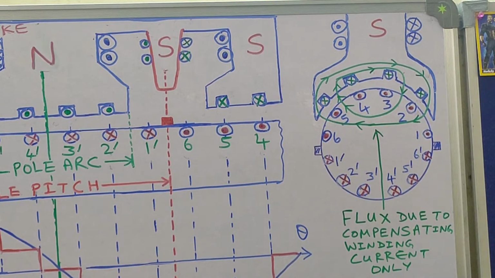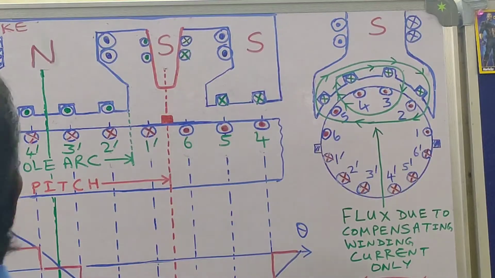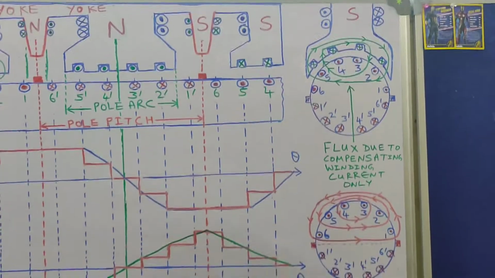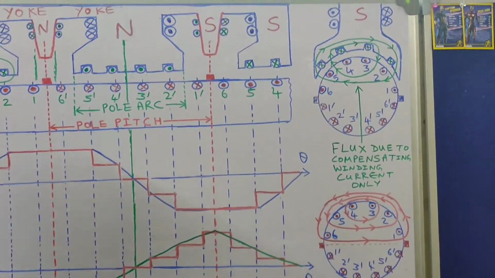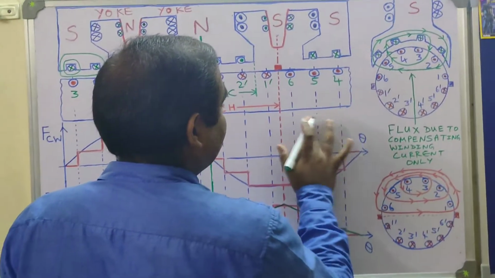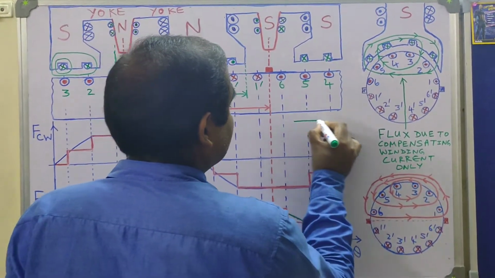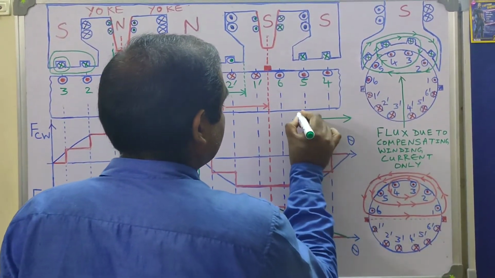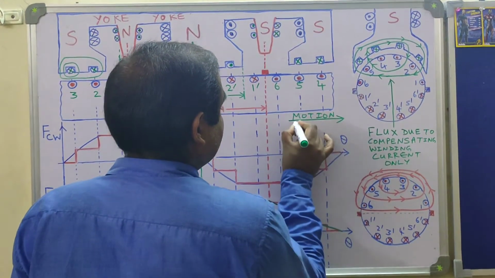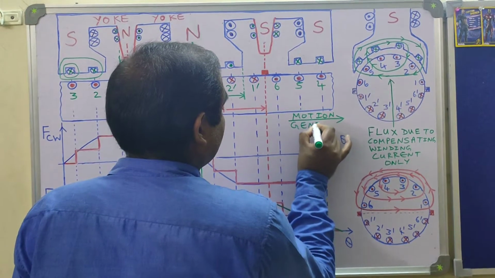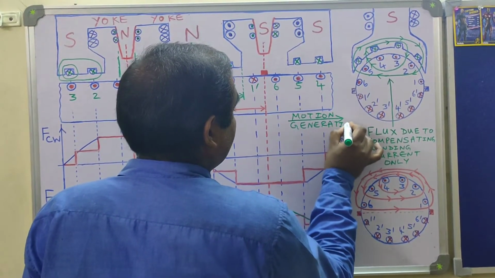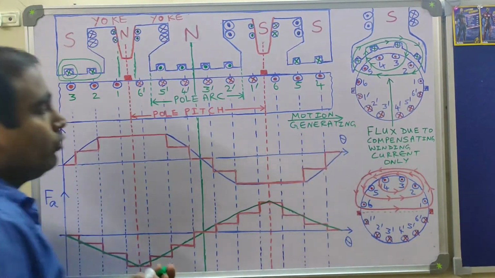Actually, what is done is that we are assuming generating action here, and this is our direction of motion. So by assuming generating action and this direction of motion, you will be able to figure out